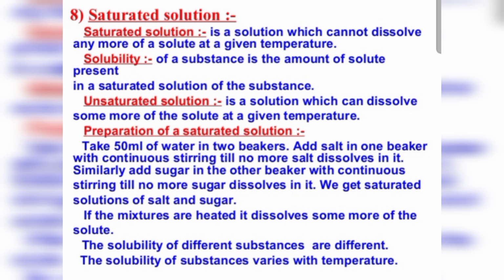Now what will we observe? We will observe that calcium chloride is highly soluble, mercury chloride is moderately soluble, lead chloride is slightly soluble, and silver chloride is relatively insoluble. So we can say that different substances have different solubilities in the same volume of water at the same temperature. So the solubility of a substance also varies with the temperature, and the solubilities of different substances are different.